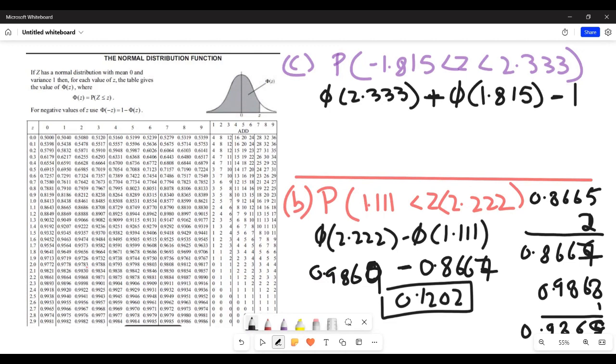Okay. So let's find 2.333 first. So 2.3 is here. The next 3 is here. And then another 3 is this 1. So we add 1 to